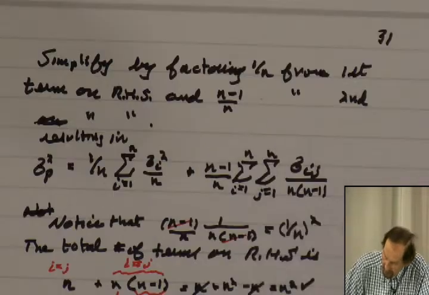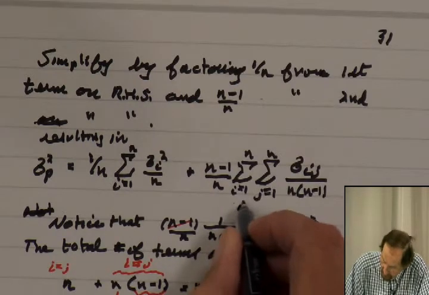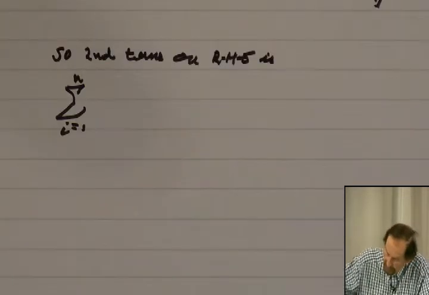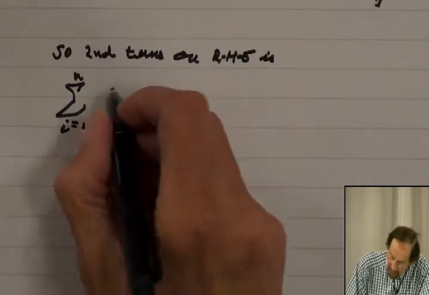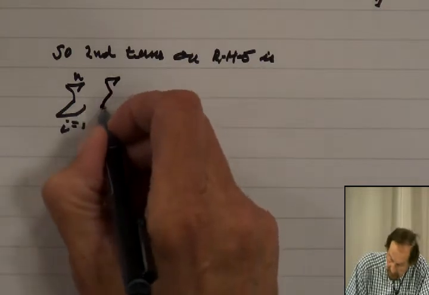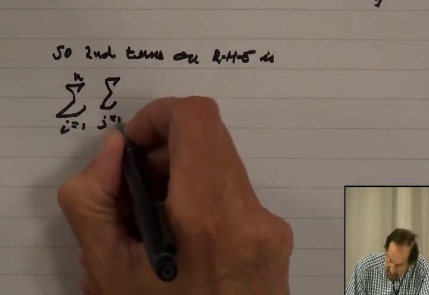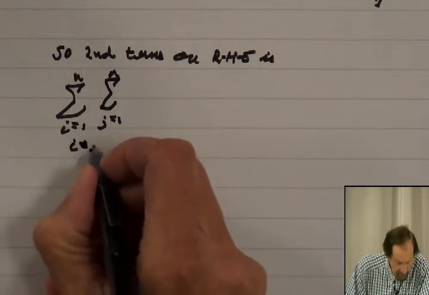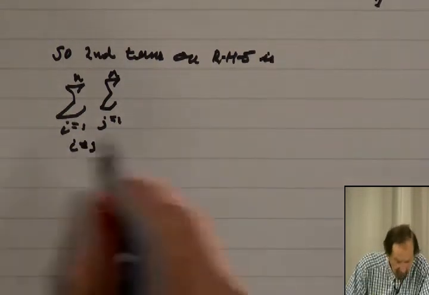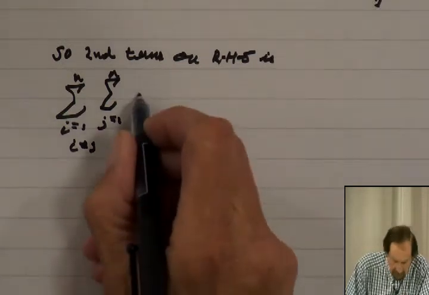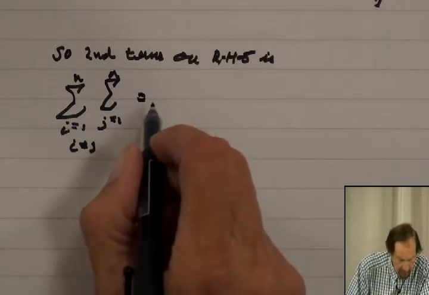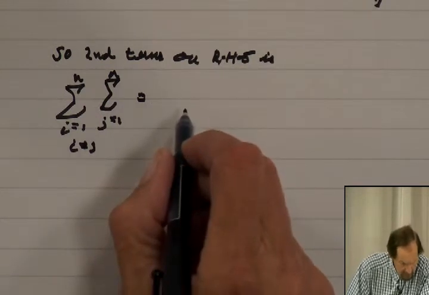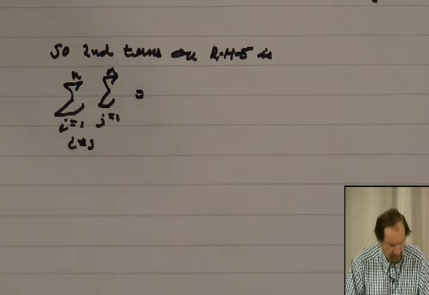This should be i not equal to j here. Good. j equals 1 to n, i not equal to j, equals